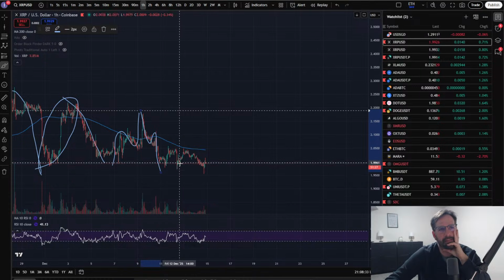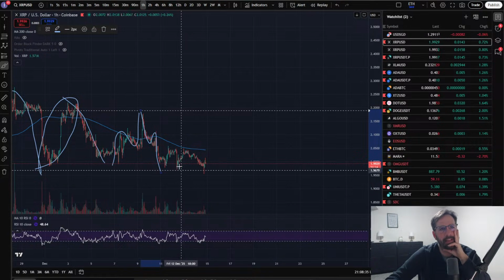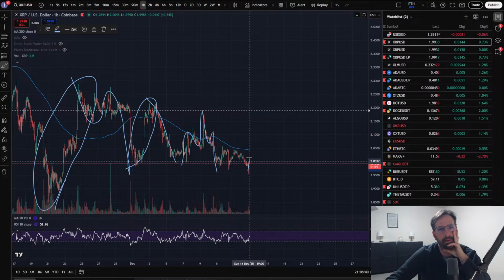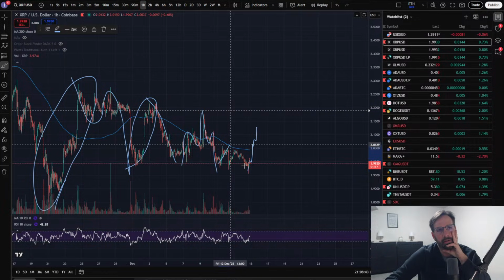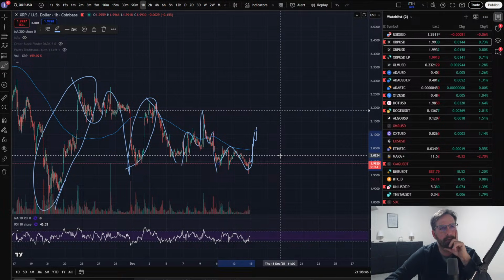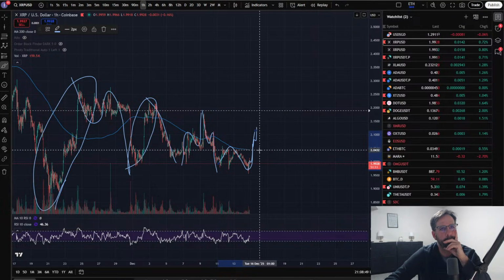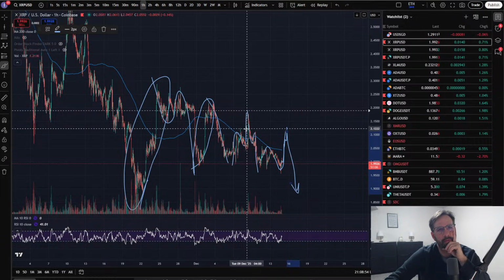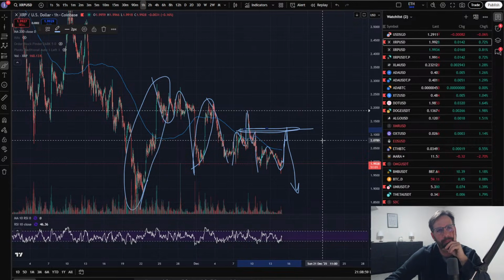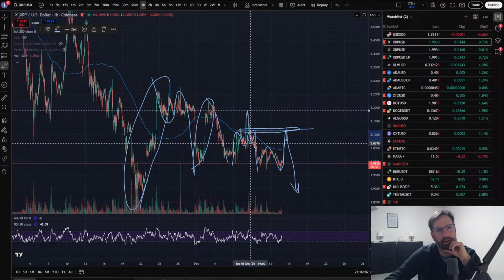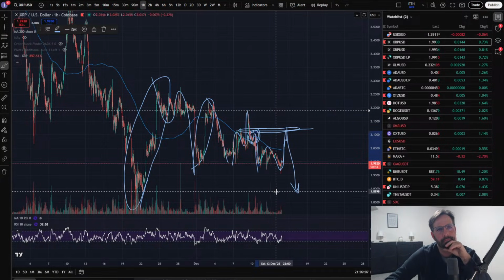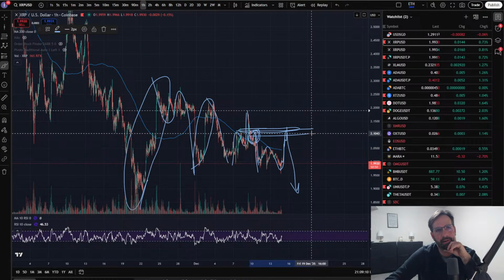It looks like we just got a flat. I don't love that flat because I don't have 5 in C. So I was looking for a higher flat. I was looking for this maybe to come on up here. That would correlate with what I'm seeing with Ethereum. Then let's go down and revisit what we did on FOMC day. This was FOMC right in here. That move was FOMC, and then we moved down off of it. We really haven't revisited that area.